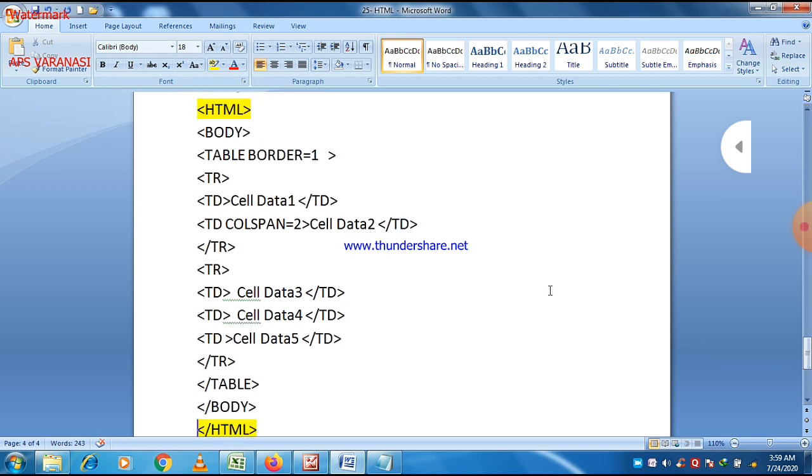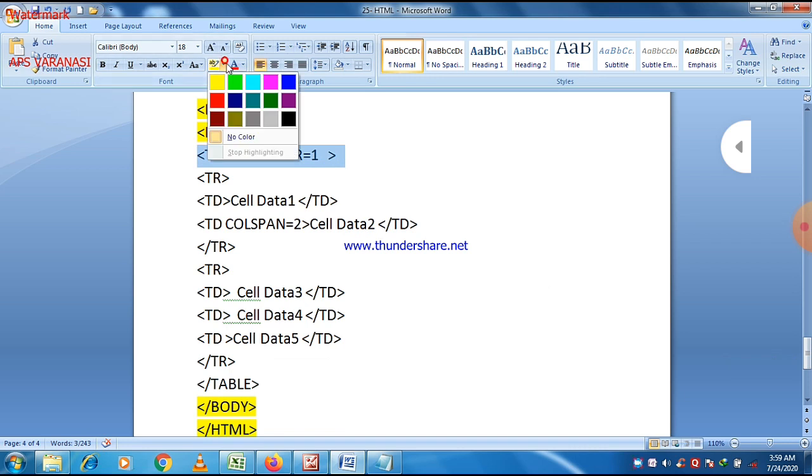And then we have to write the body tag here. Body is the tag which shows the content of a web page, and in between the body tags we write the content of the web page.